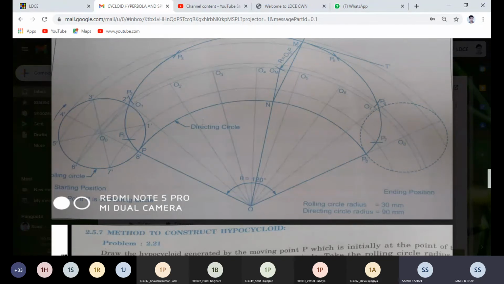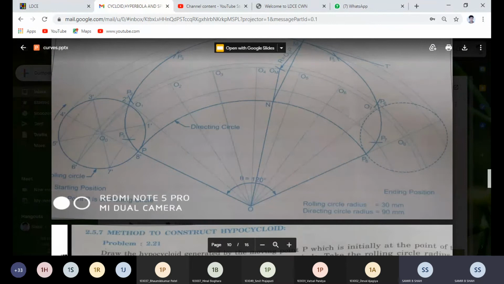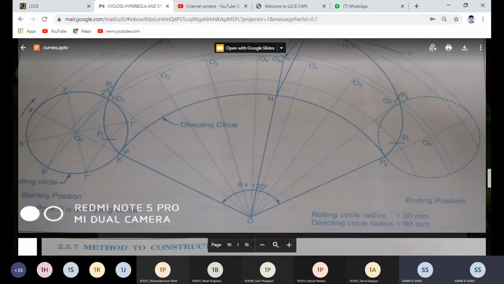Now, we have already created the angle, and we have taken 8 parts of 15 degrees each. That part is passed from this center. Yeah, you just see it here. You have to draw one more arc which may pass from this O0, where O is the center, and it may intersect each and every point like O1, O2, O3, O4, O5, O6, O7 and O8. Okay, so you get all the points.